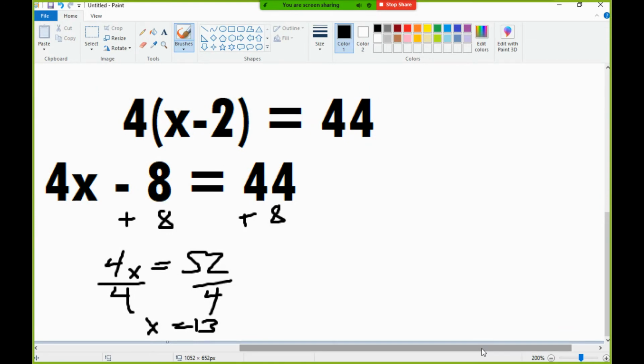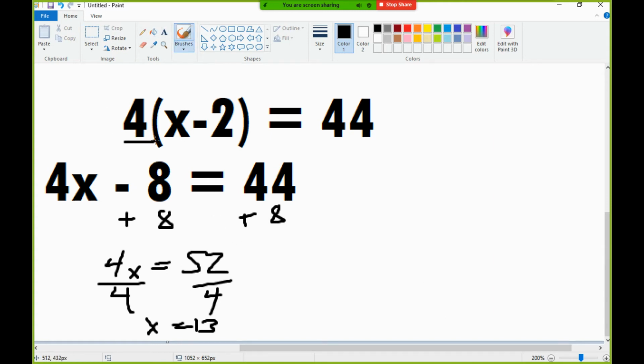However, there is a little trick to this sometimes. If the number that's out here that needs to be distributed is a factor of our total, we can actually do our steps in reverse. Save ourselves from having to distribute, okay? Because remember, all this is a quantity, right? It's some amount. Like if this was just x instead of x minus 2, we would just divide by 4 to get rid of it, wouldn't we? So that's true with our quantity as well. So in order to get rid of this,